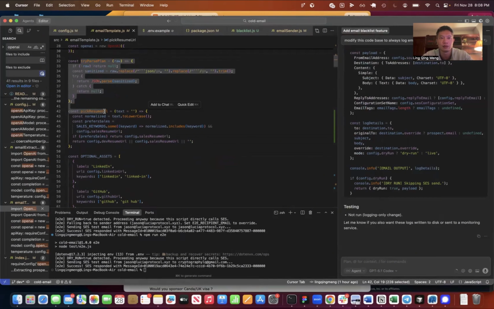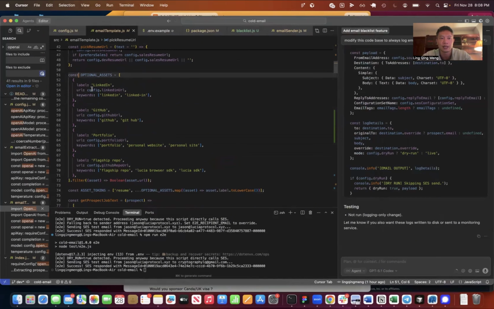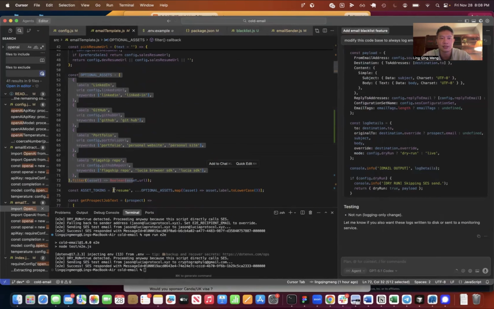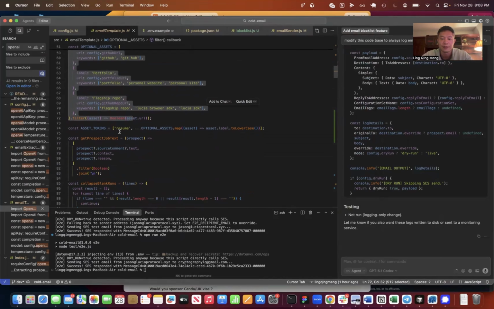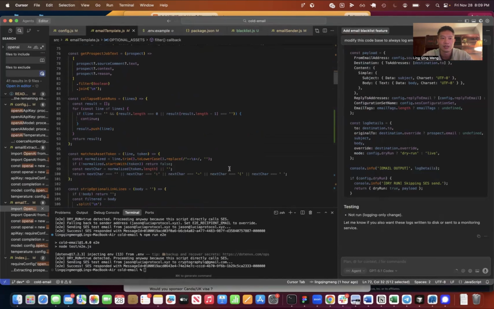So it goes through multiple parsing plans and it lists out the optional assets. This obviously can be a lot more, but each call honestly costs like 0.0001 cents in terms of tokens. So this is honestly pretty much perfect. The only thing that could be better is that